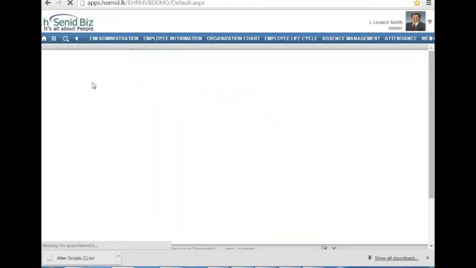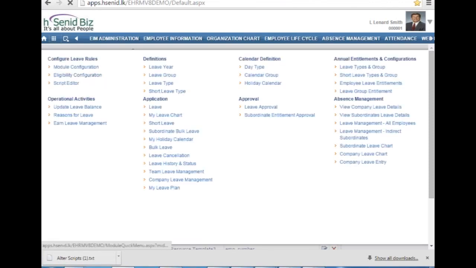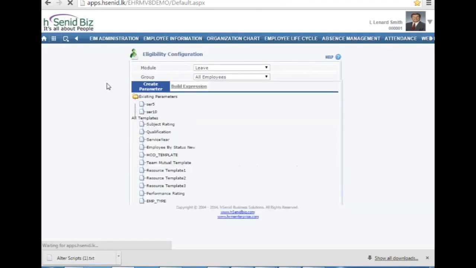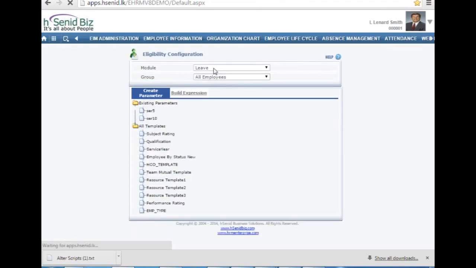So once we've defined that, we'll move into the eligibility configuration. Here, automatically, you will have your leave module selected, and the groups which we created in the earlier page would be displayed here. So if we take permanent, for example,